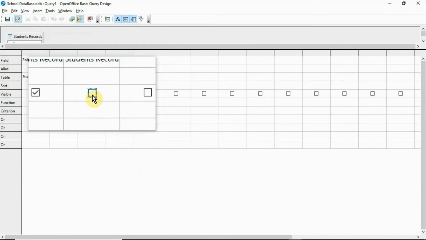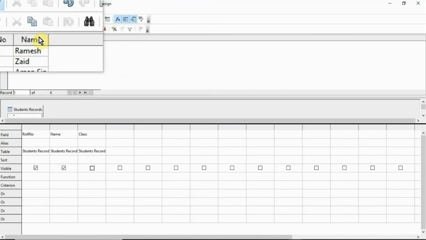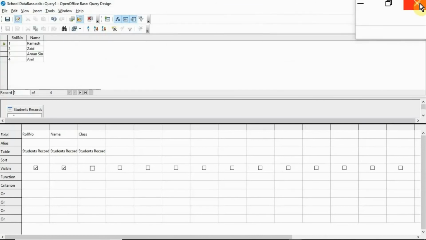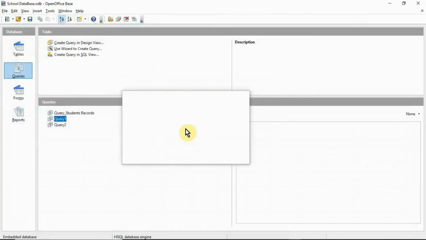Here I want to show only roll number and name, so uncheck the class visible option and then click run query. It's done. Here only two fields are displayed, roll number and name, with all records. Close this window, and if you want to save these changes, you can click the yes button.